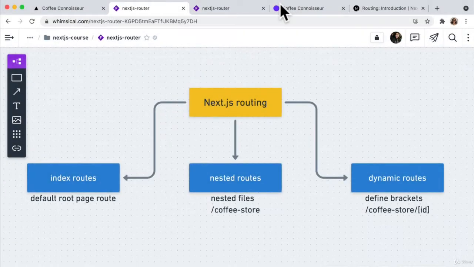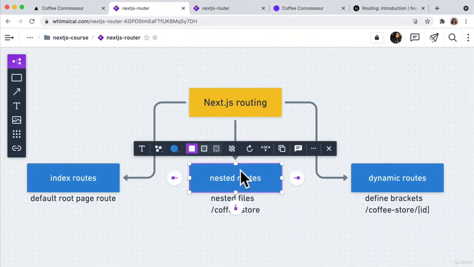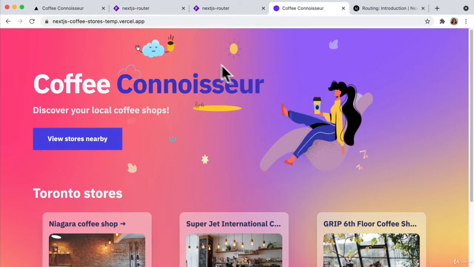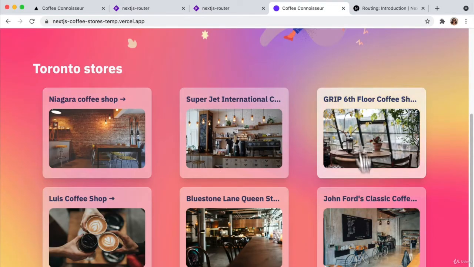Next thing we are going to cover are the nested routes. Now, any nested files inside the pages folder are essentially nested routes. Now, in our app Coffee Connoisseur, whenever we click on any of the listed coffee shops, notice how the URL